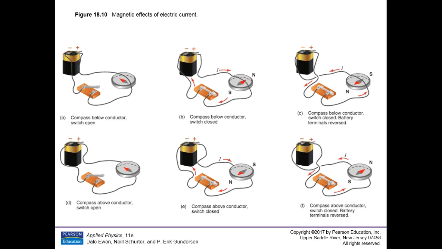Just like you saw the iron filings line up around the ends of a bar magnet, they go in concentric circles around the wire, because that's what's happening. Your thumb is pointing in the direction of the current, and the fingers are pointing in the direction of the magnetic field lines. Does that make sense? A moving charge induces a magnetic field. The positive charge going this way, the field goes perpendicular to it. Positive charge going this way, the field goes perpendicular to it, around the circle like that.